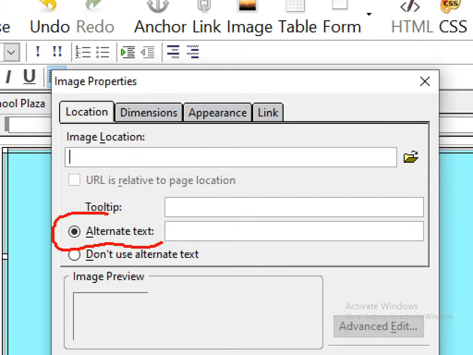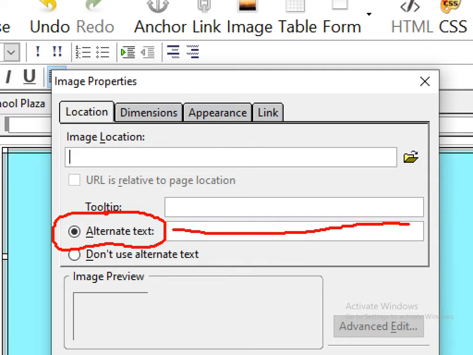Alternate text means something which you want to show in a situation when the server is not able to show the image. For example, somebody opens your website, and because of some technical issue the server is not able to show the image. Then whatever message you want to show in the place of the image, you have to mention in this box as alternate text.